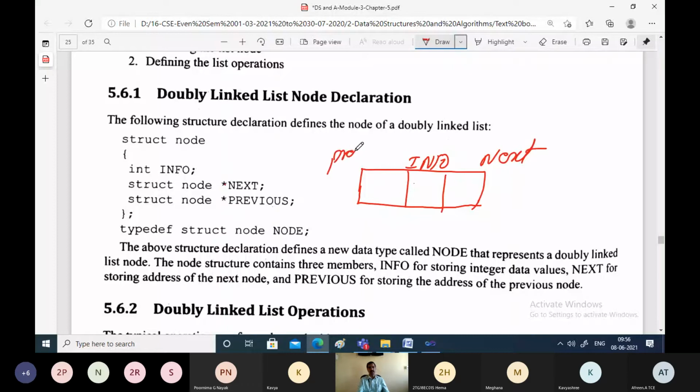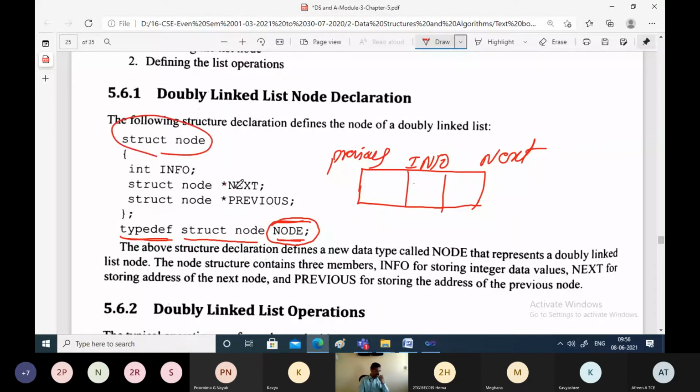A previous field, which will point to the previous node. That's it. And we are creating a typedef structure name called node. That means we are giving another name for struct node. What is the new name? Node. That means from now onwards, whenever we refer to the name node, we are referring to this struct node.